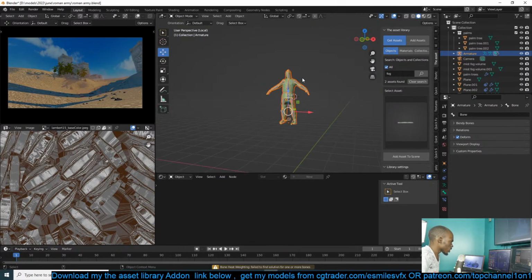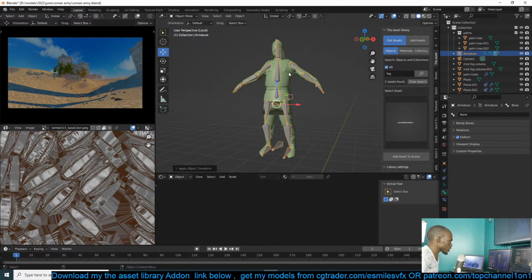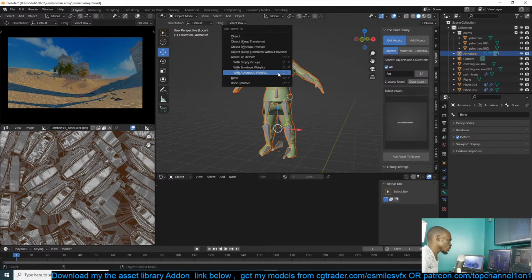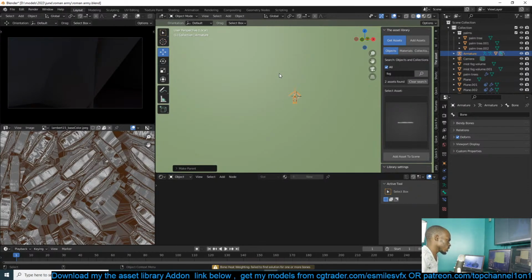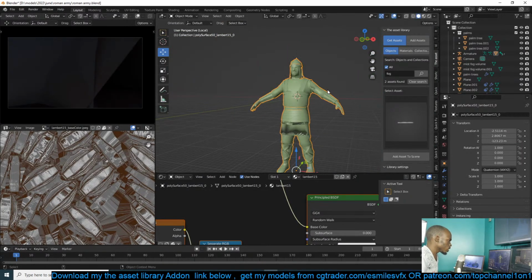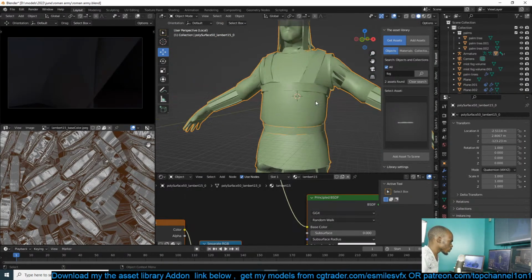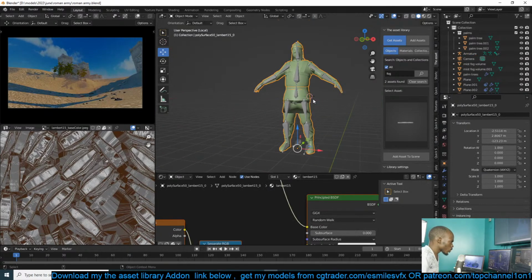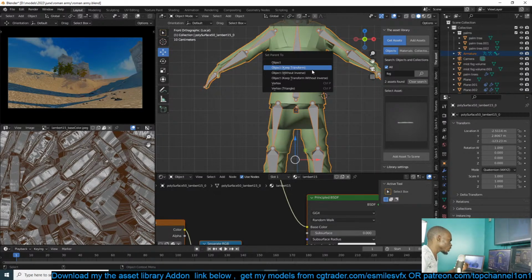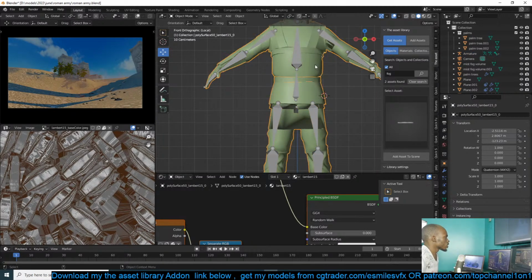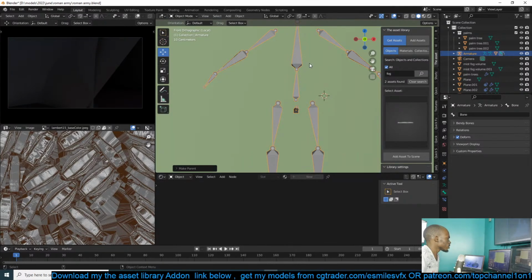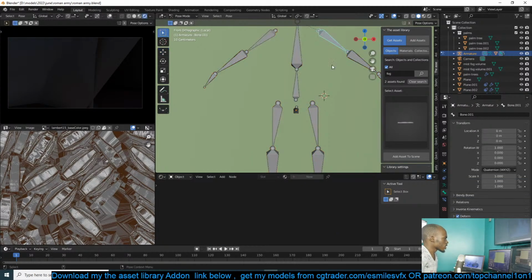Okay. Apply scale. Apply scale. Okay, seems we might have an issue here. Not sure why. Let's see. Control P with envelopes. That's